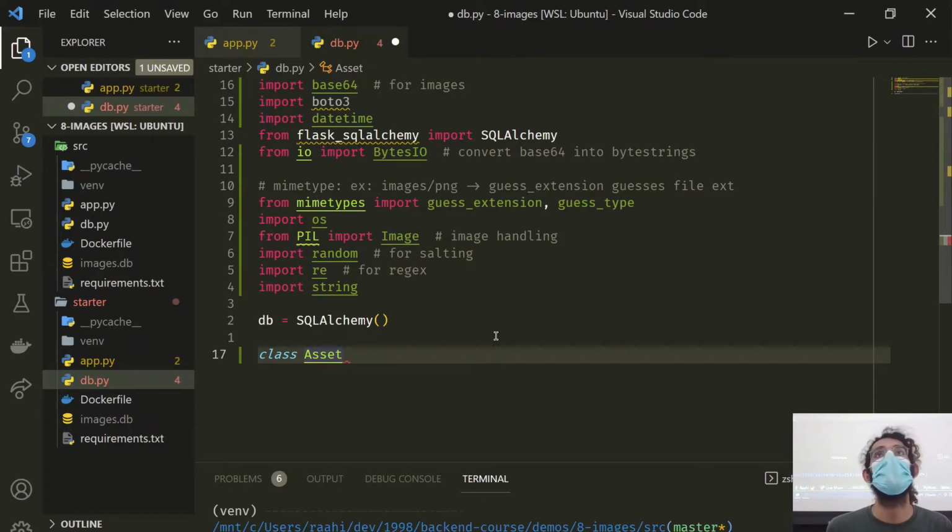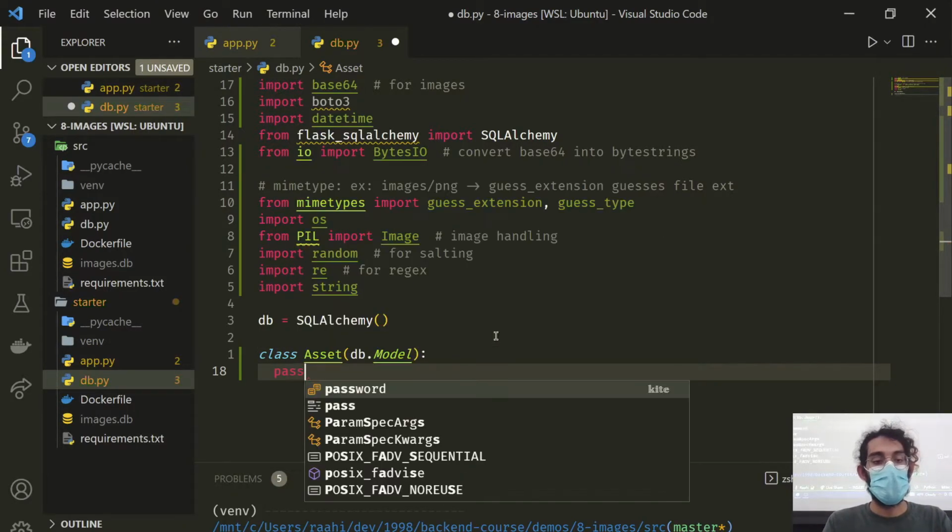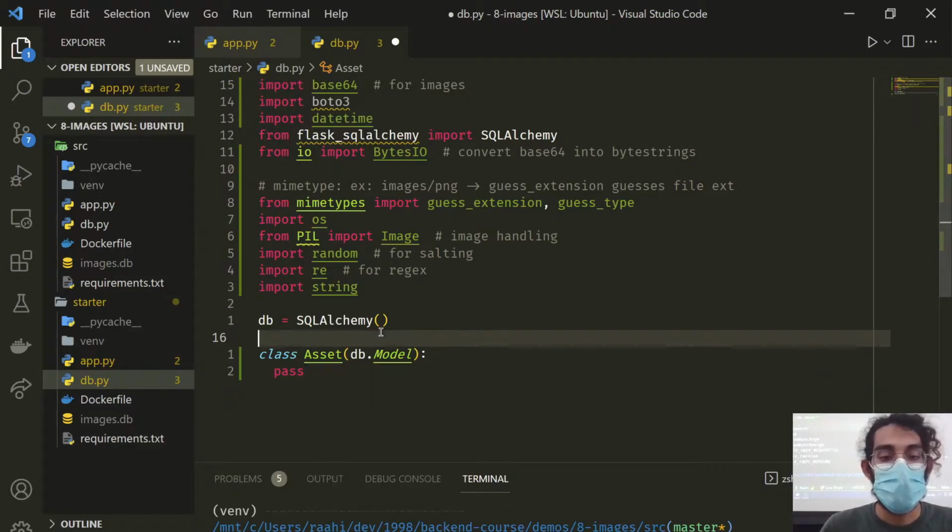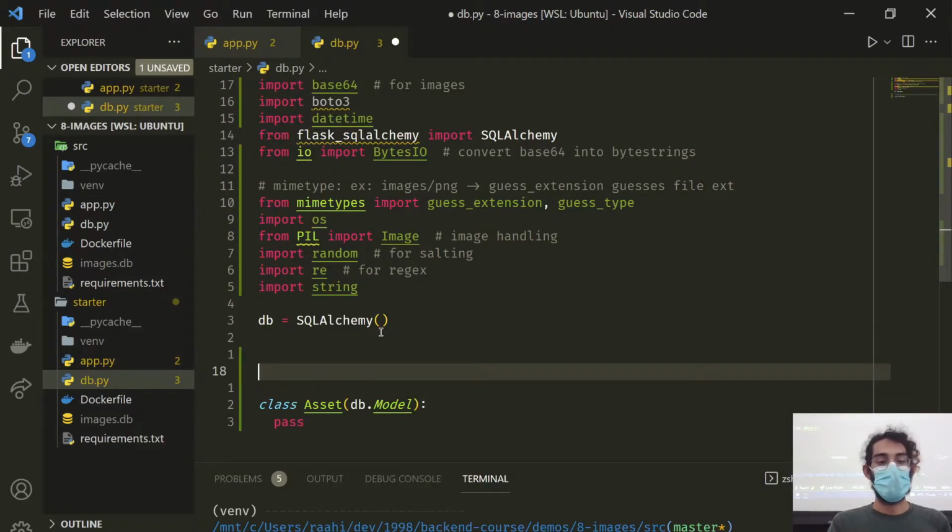images here, right? We could be storing videos, we could be storing, yeah, let's let it store GIFs, right? Stuff like that. So it's going to be class Asset(db.Model), and then for now we'll pass. Because we need to do some